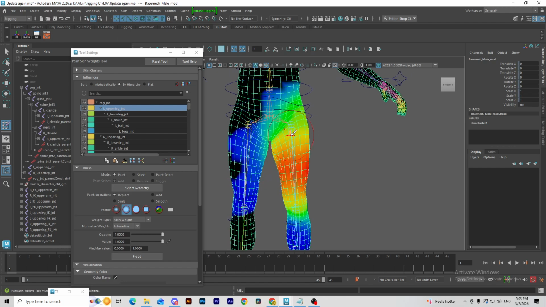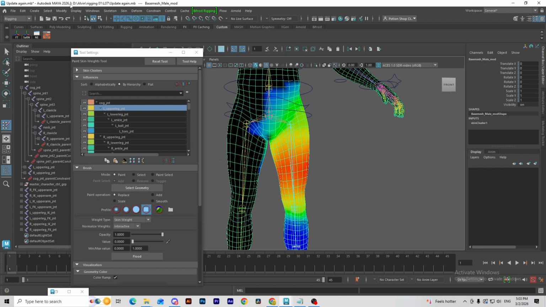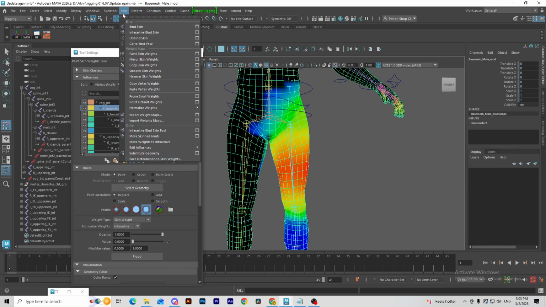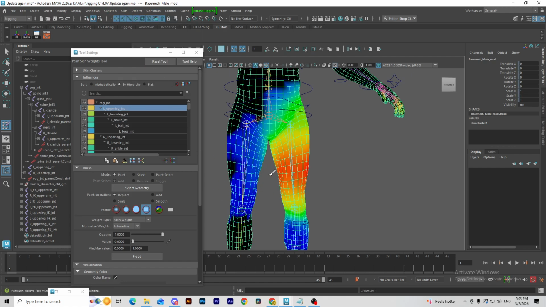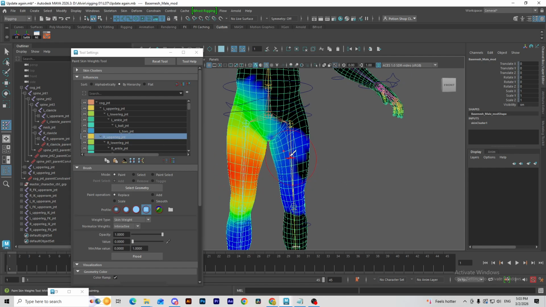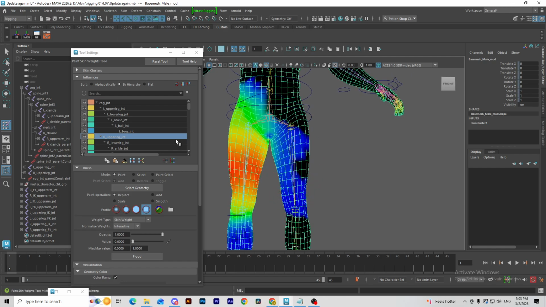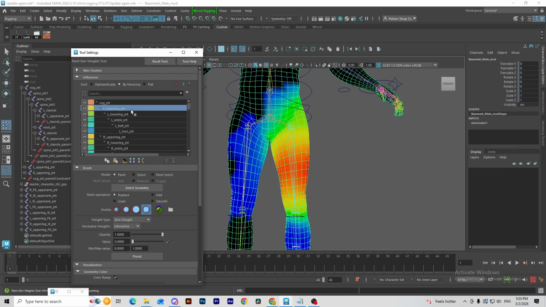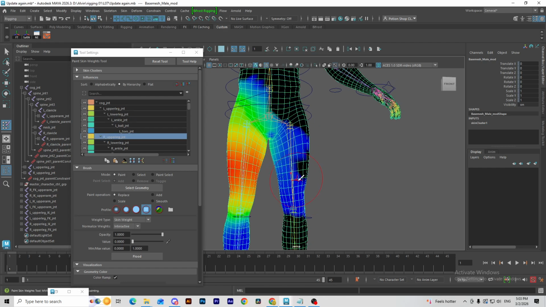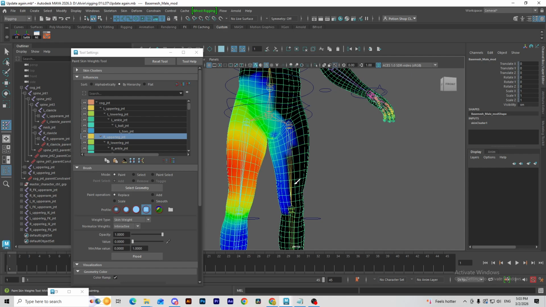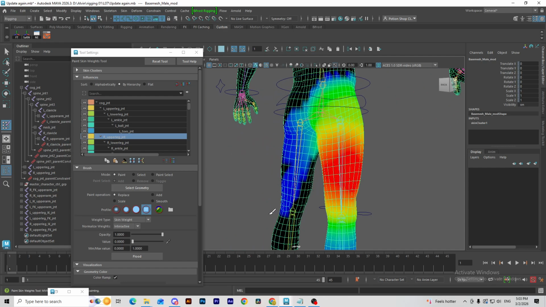For this situation, the left leg right now carries the right leg as well. If you just paint it back in here, using the replace option, you paint it black. But after you mirror the skin, it will come back, because all this skin comes from the right side. So if you want to fix this part, make sure you come here and fix it first. Make sure the vertices here are clean, then when you mirror,